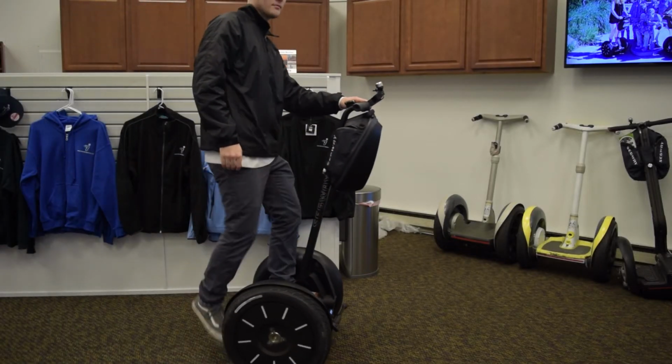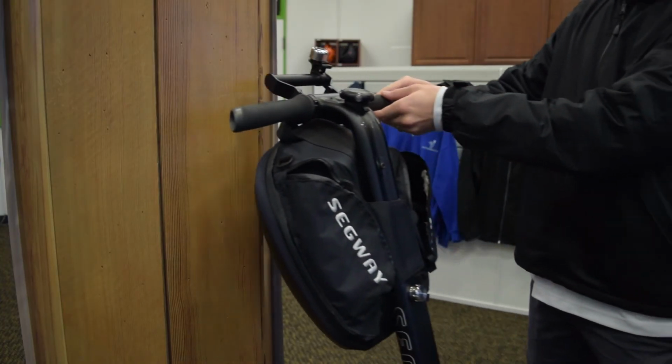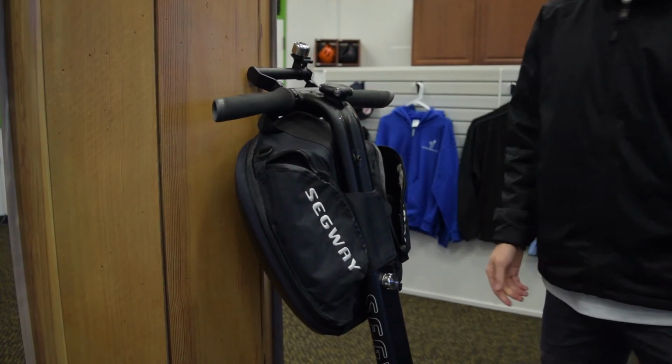To dismount the Segway, come to a full stop, then put one hand on the center handlebar and let your other hand go. Then you can just step off 1 foot at a time. You'll want to make sure to hang on to the Segway after stepping off, because it'll try to run away from you. You can lean it up against a curb or a wall, or if you'd like to use the